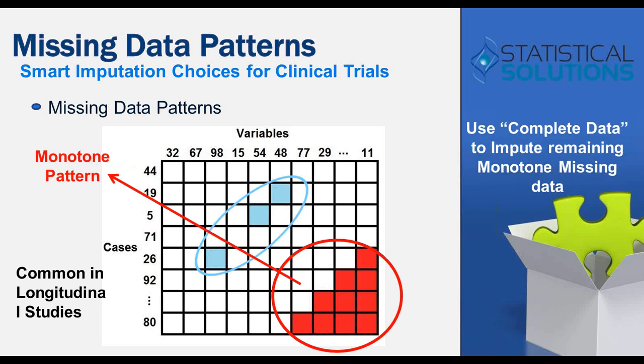And then this red corner here, that's what's referred to as the monotone missing data pattern. And essentially it's where every data point to the right also has missing data associated with it. So this crops up a lot in longitudinal studies, where you might have an individual dropping out of a study for whatever reason, if it's withdrawal or coming off a treatment, and they are missing then for several time points within the data set,